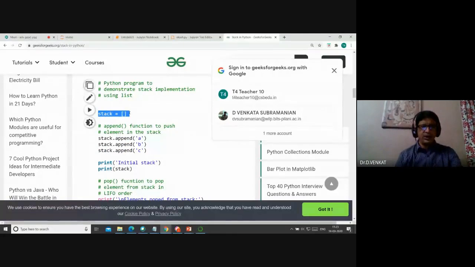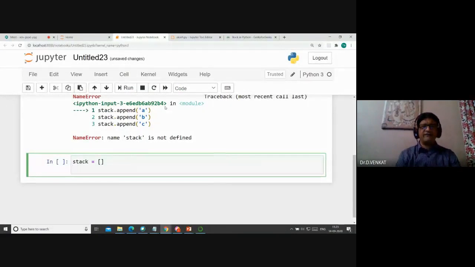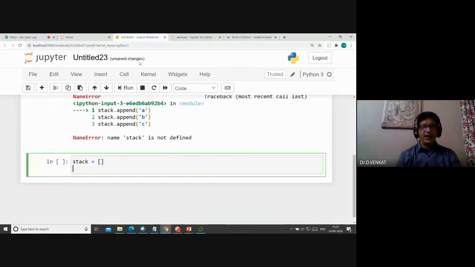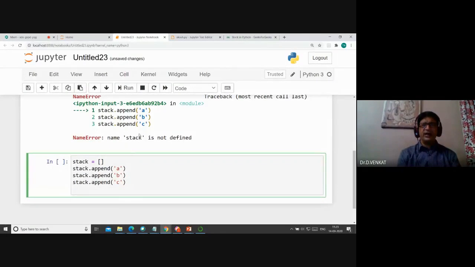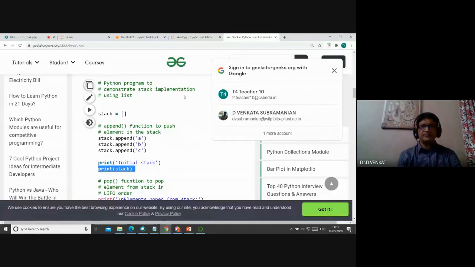Then the append function will push the items into the stack. Initially the stack is empty. I'm appending A and B and C, right? Then finally I wanted to print what is there in the stack, so I'm just printing the stack.